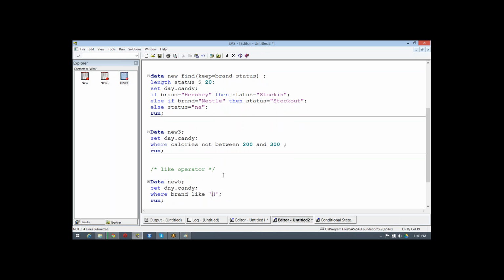For this we use two types of wildcard: the percent and the underscore. This is called your wildcard.